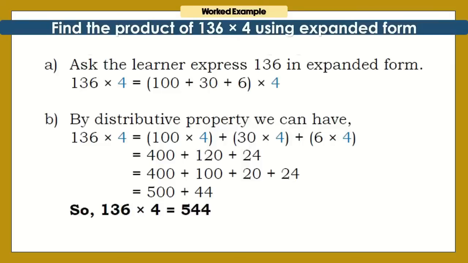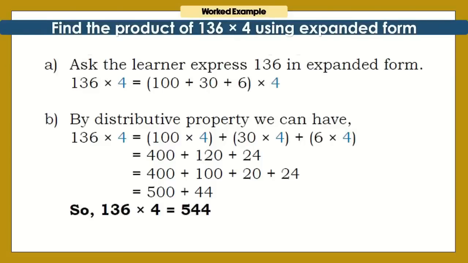Find the product of 136 by 4 using expanded form. Express 136 in expanded form. It will be 136 times 4 equals (100 plus 30 plus 6) times 4. By distributive property, we can have 136 times 4 equals